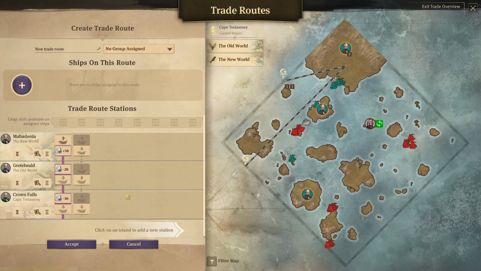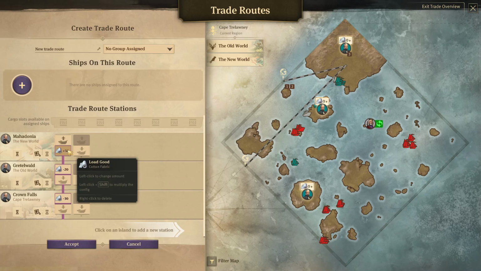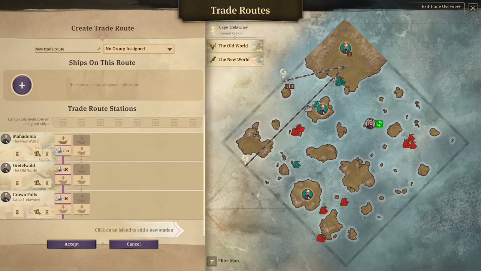So that means that the travel time of the ship itself is taken out of the equation, because you will always distribute 50 goods or 50 tons of cotton fabric, 20 to 30. So that way the time it takes for the ship to travel doesn't matter, because the distribution is